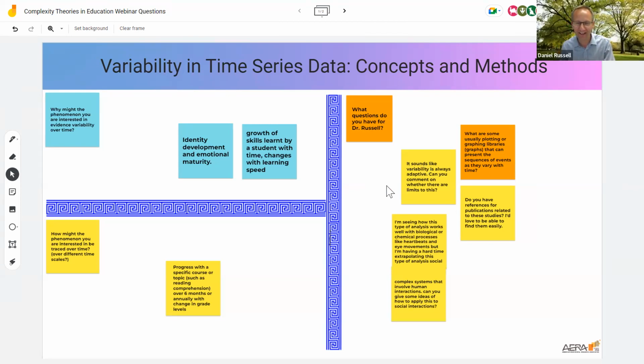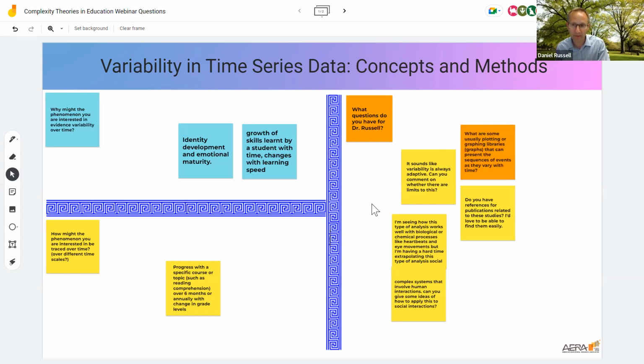All right. Variability is always adaptive. Ooh. No. So I think there are elements where variability is not necessarily adaptive. I mean, we see that there can be large amounts of variability. This can cause you problems. So if you've got a noisy output...